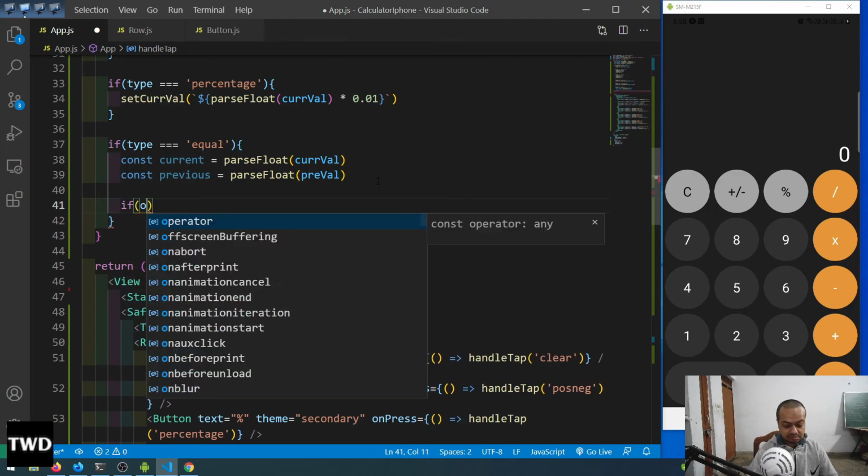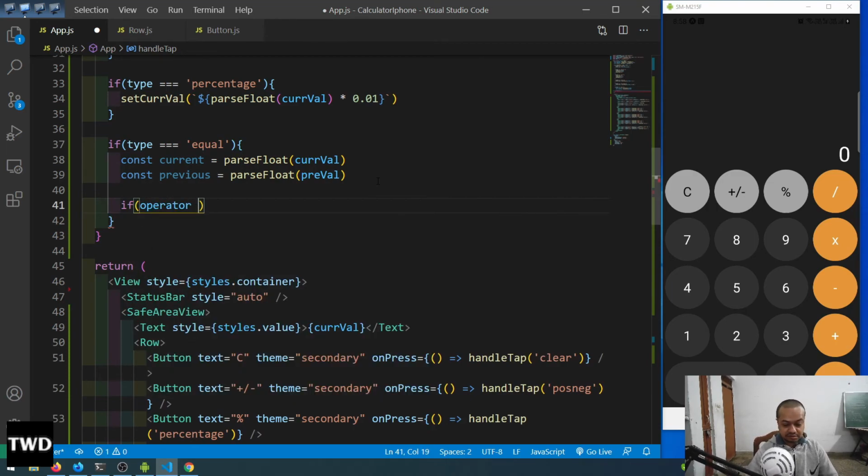If operator triple equal to plus, so it will be inside that equal, operator triple equal to plus, then